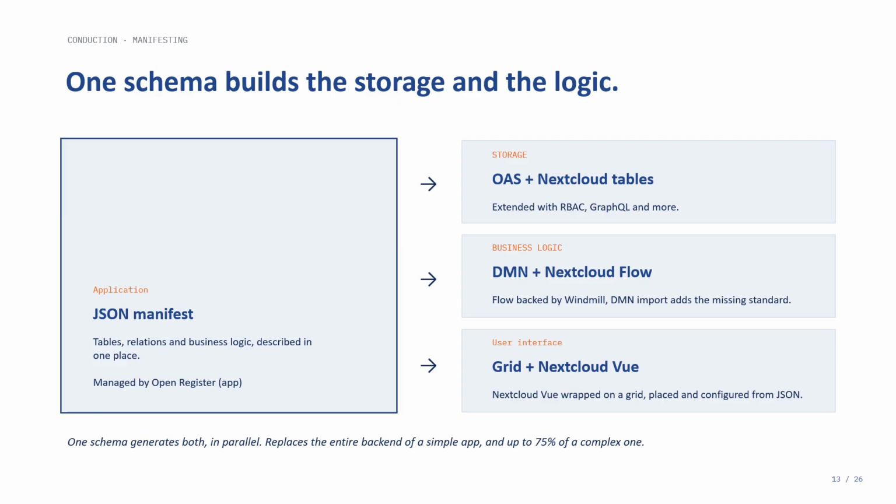Then we have Nextcloud Flow, which already does some basic flows, and Windmill if we need more. We added DMN to that, and then we have a standard that we can tell Nextcloud Flow, okay, we want to have these actions, this business logic for the application. And then we have Nextcloud Tables, and we did a very easy stretch on that where we said, okay, we want to have OpenAPI specifications rendered automatically for each table that we make, but we also want to have RBAC, role-based access, and we have GraphQL so that we can ask more interesting questions, so that we can actually query the tables and build up a database.